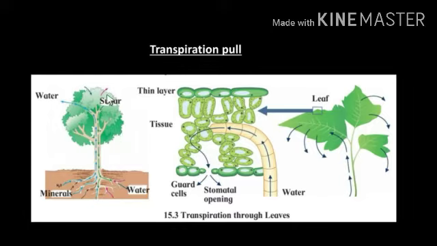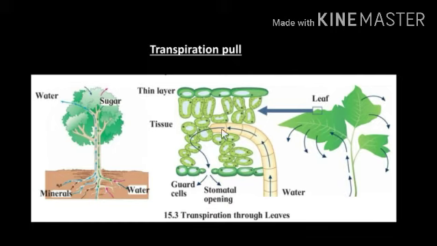We will see. As we know, plants are green in color due to the chlorophyll pigmentation, and chloroplasts which are present in the leaves perform the process of photosynthesis, and in this photosynthesis process water molecules are produced. That excess amount of water molecules is to be given out of the body. To give out this water, there are some openings on the surface of the leaves. These are called the stomata. That means stomatal pores or stomatal openings are there.